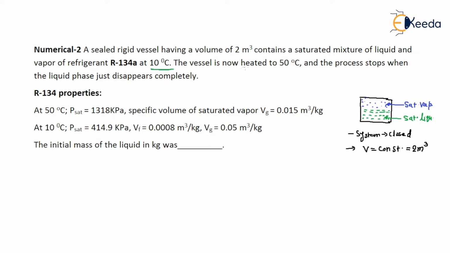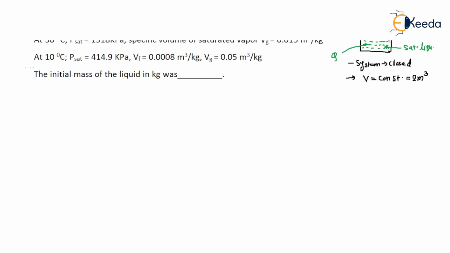The vessel is now heated, so we supply heat. It is heated to 50 degrees centigrade, and the process stops when the liquid phase just disappears completely. If you draw a PV diagram for this process,